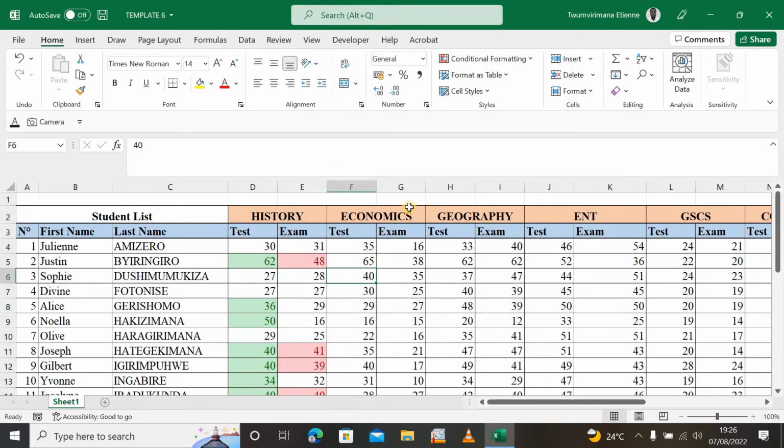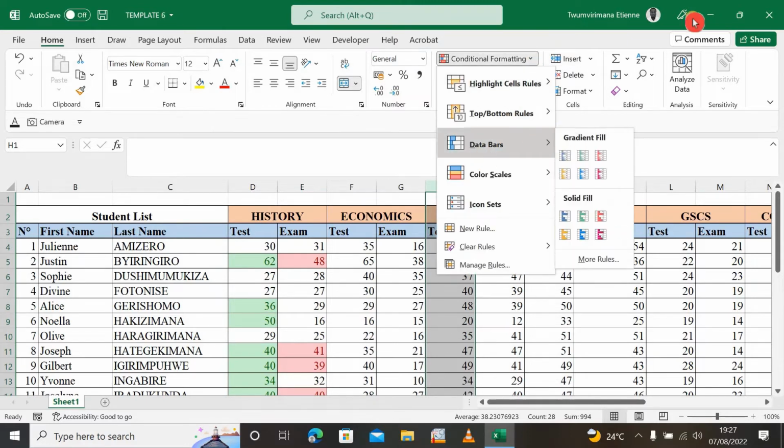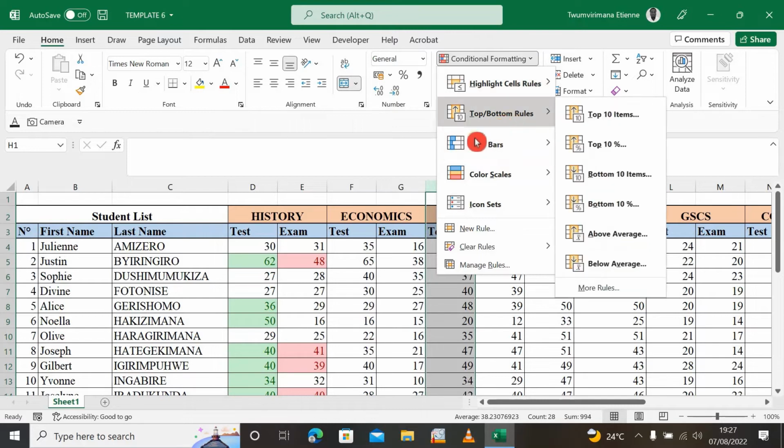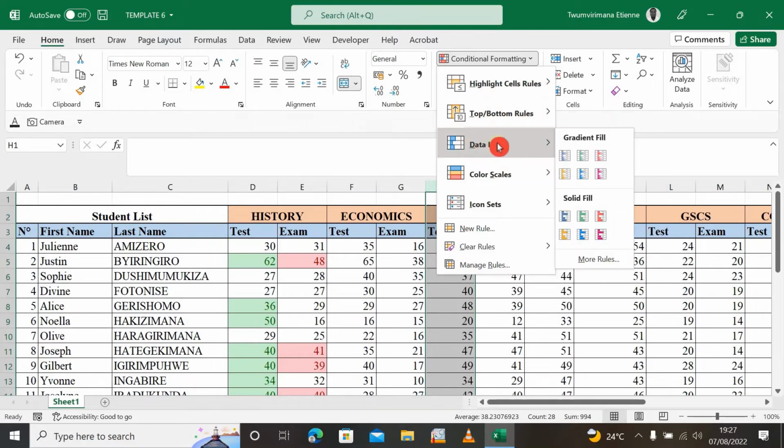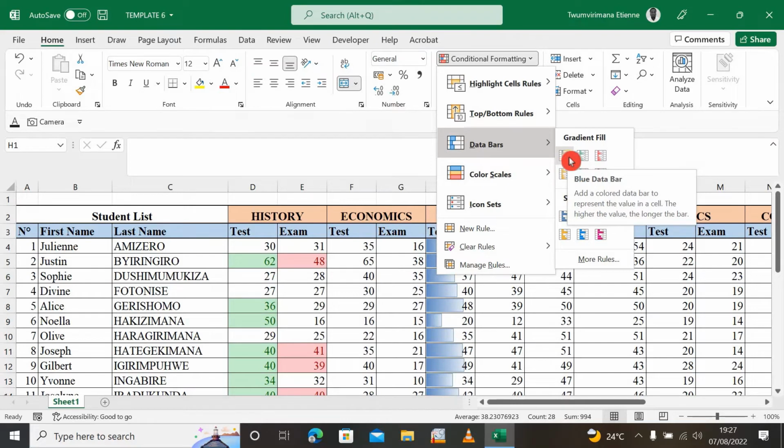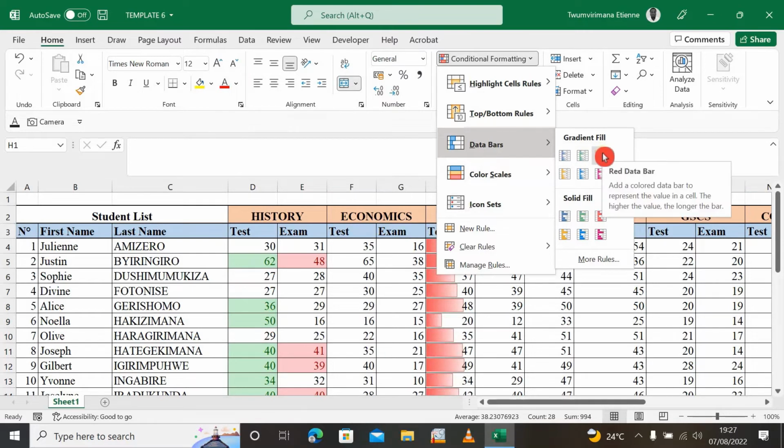And let me select this one. Let me go here in geography and select and format using the data bars. We use the data bars to format our cells, but in the way we want to see them in bars. You can use gradient fill here. There is a blue data bar, and you can see here there is a green data bar. You can select any data bar you want,